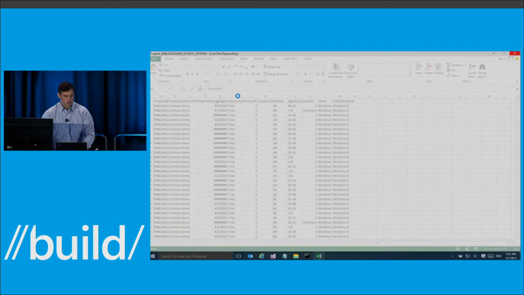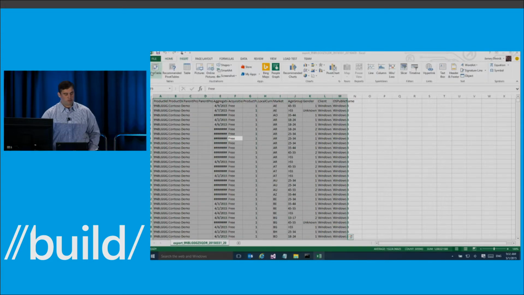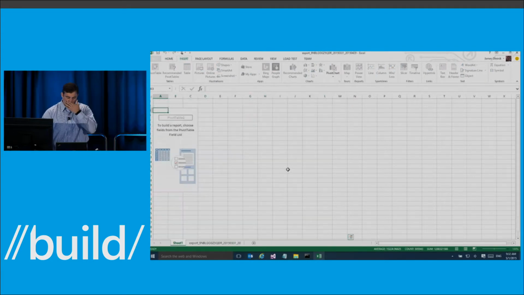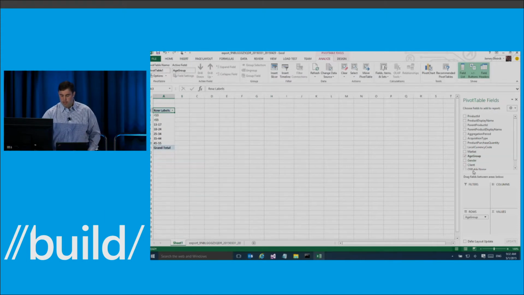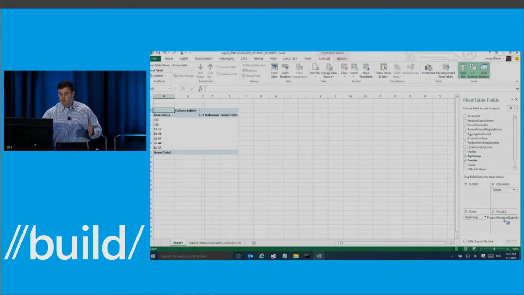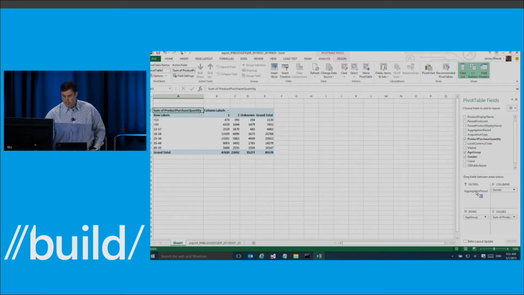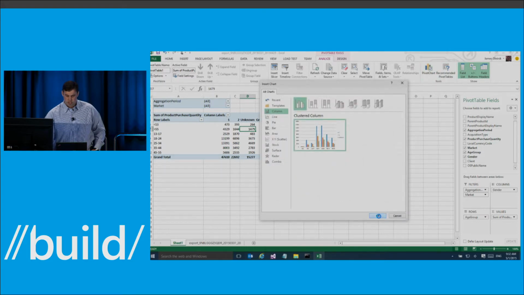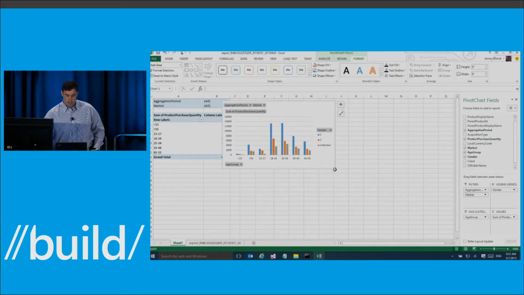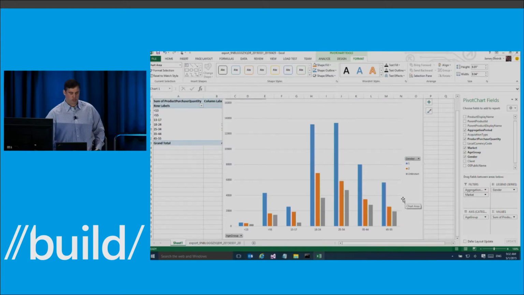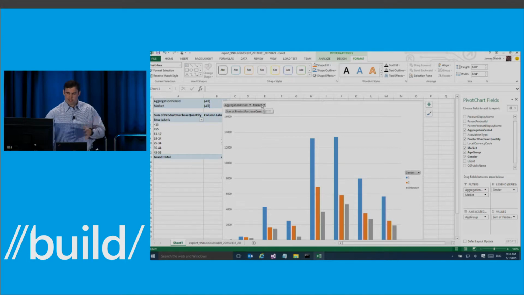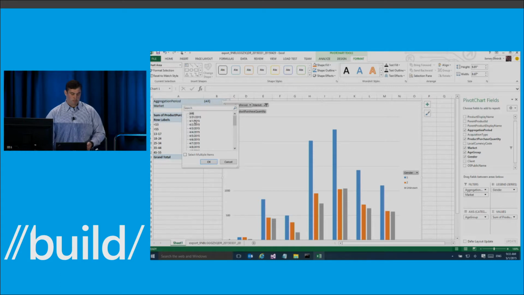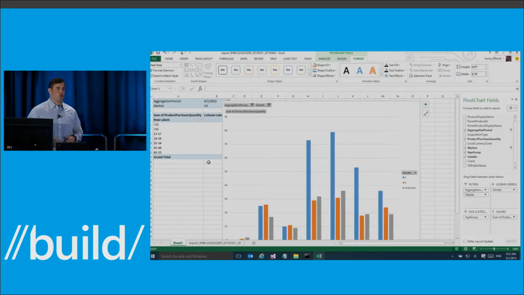And specifically, I'll build a pivot table using this data. And just for an example in the short amount of time we have today, I'll build a similar view to one that you saw earlier on the acquisitions page. And I'll just build the pivot table very easily, and then I'll add a chart here for visualization. So this is the same customer demographic view that you saw earlier on the acquisitions page. But now, because I have access to the actual raw data for my application, I can further build a slice into this. I can filter this by the US, and maybe for those people who acquired my app as a joke on April Fool's Day.